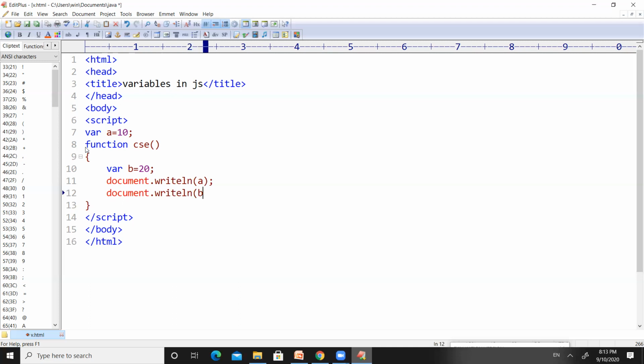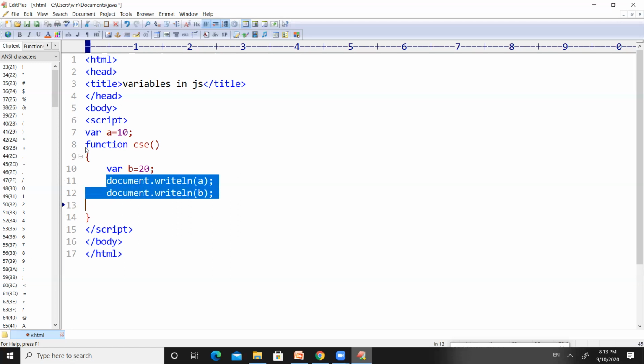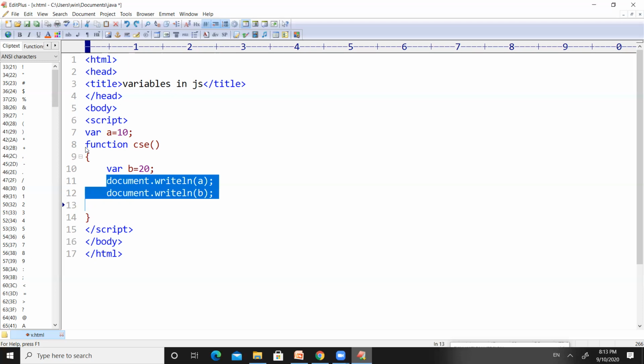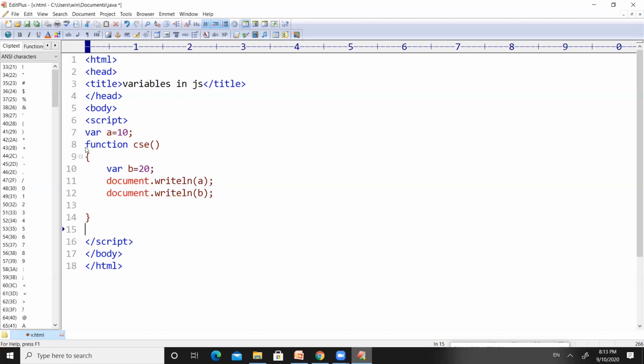the value of b. So I want to copy these two statements, and rewrite these two statements outside of the function.